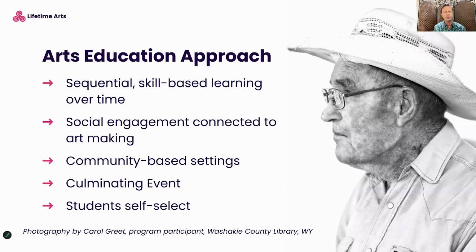Part of this approach also includes a planned culminating event at the end of the program. It could be a public or a private event. It may be a show, a performance, or a gallery show, or a reading, or a poetry slam, or exhibitions that both celebrate the work that's created over the weeks of the classes. It's also a way to share with the other community members in a way that helps to, among other things, break down those stereotypes of ageism that we talked about. This picture here is from a culminating event of a creative aging photography class that took place in rural Wyoming.